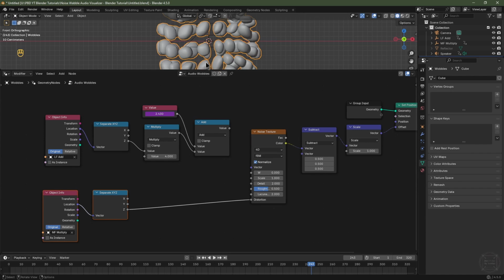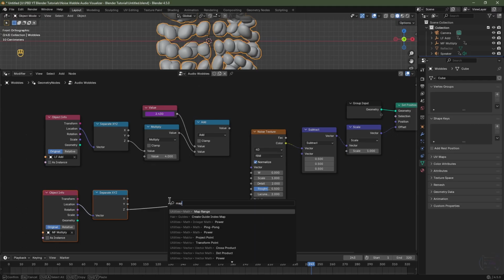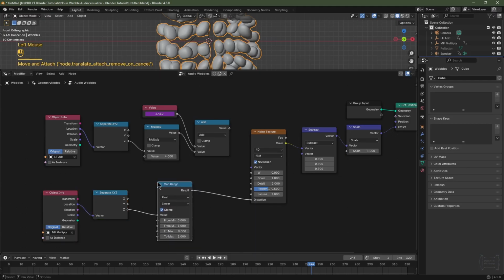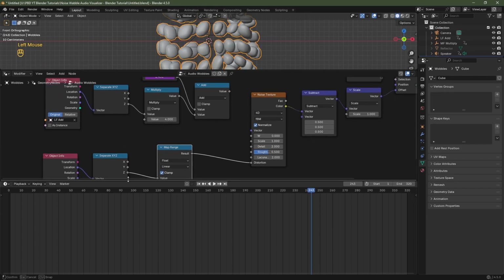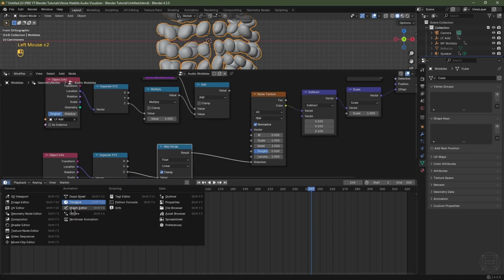I want to remap these values and be a bit more precise, so I can show you how to interpret these numbers using a map range node and a graph editor. So I'm going to hit Shift A and search for map, and we'll choose map range, and I'll pop that in between there. I'll then increase my timeline and change it from the timeline to the graph editor,